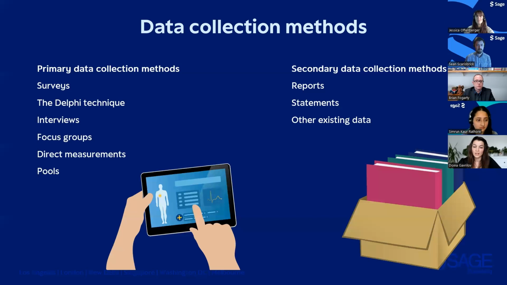So starting from this, we differentiate two types of data collection methods. We have the primary data collection method, which is about observing or measuring directly the subjects of your research, and the secondary data collection methods, which are about using existing data to answer the study questions. Now, depending on the study purpose, hypotheses, and ideas, we will often be in the position of choosing between these types of data collection.